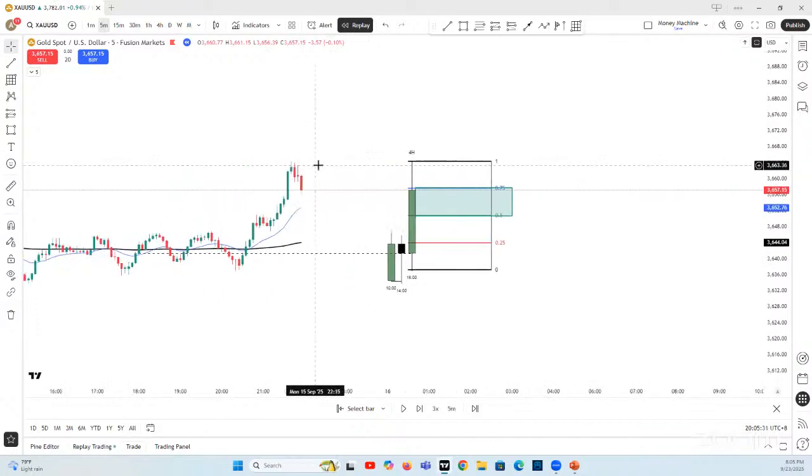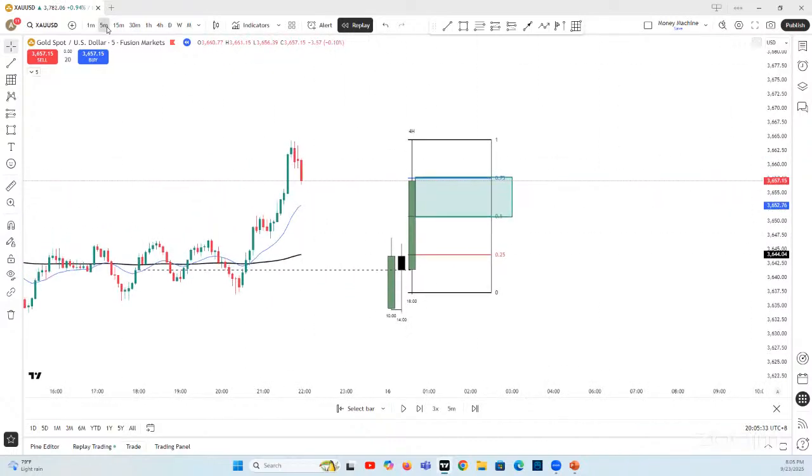Now let's see what will happen here. Okay, we are in the 5 minute. Let's see. What time is this now? 21:55. That's almost 10 o'clock. By 10 o'clock, a new H4 candle will now appear here, right? Okay, let's just remove this so you will not be confused. Let's play this now.